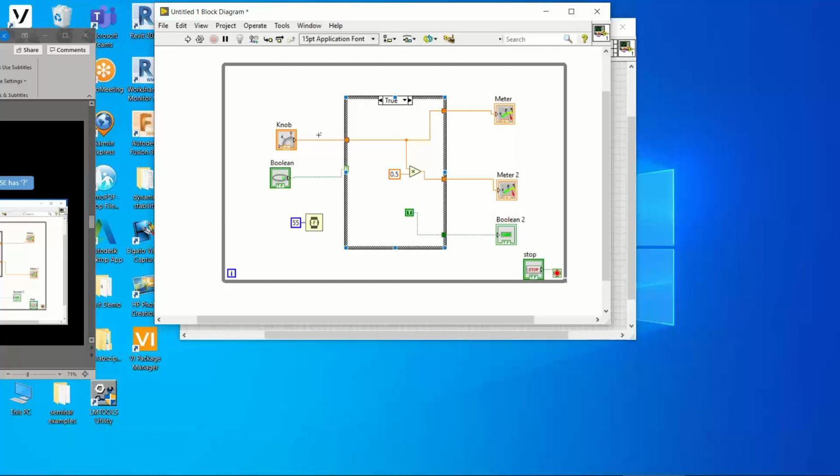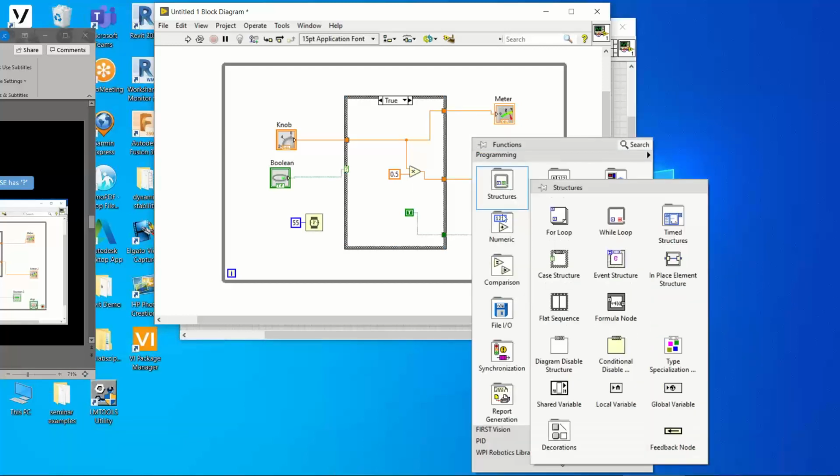So under true, make sure you connect your knob from the input to the output to meter 1, and then bring down a multiplication. It's right click, numeric,